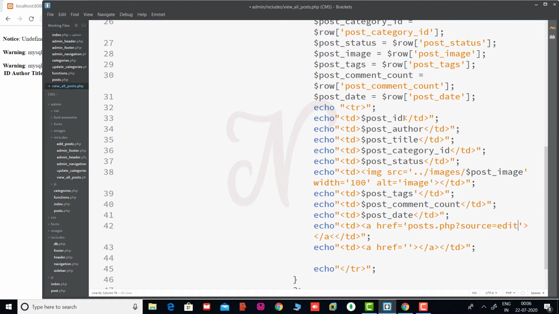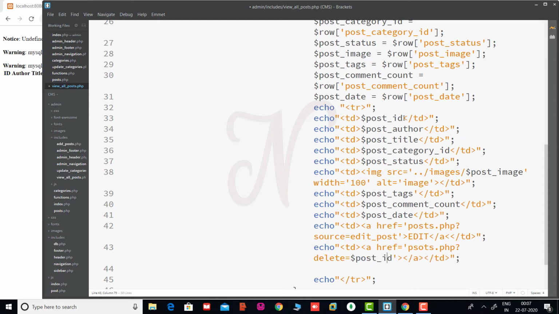In the next video we will add the edit post.php file, so just pass edit post here and give the edit name. Same here, post.php, and here we pass delete is equal to the post id, $_id.